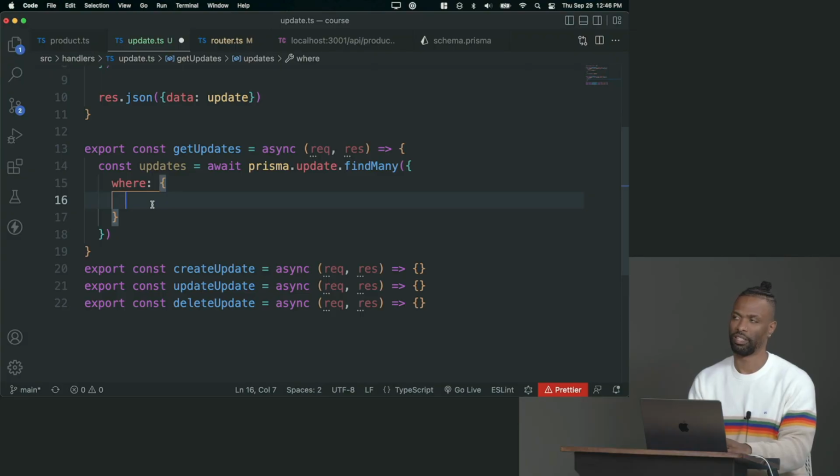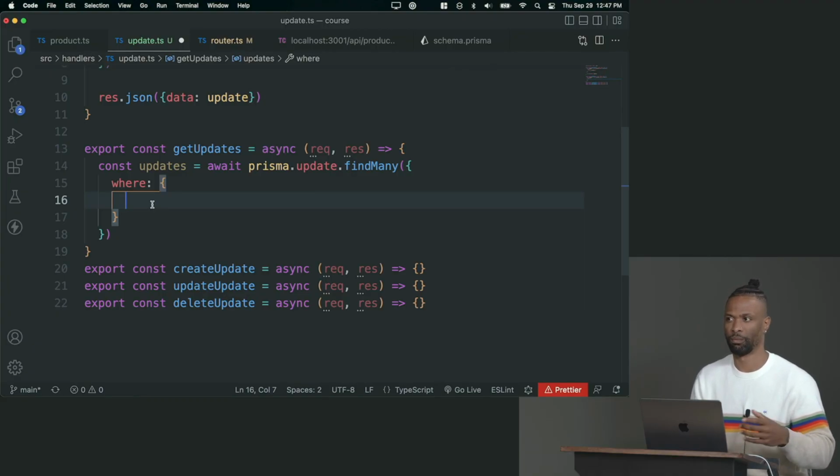for, I think that this one's tough because it's like, do you want to get all the updates for the signed in user, which will be spanned across many different products? Or do you want to get all the updates for a certain product? And if so, where did you send that? It's not on the query string, it's not on the URL, is it on the body? So for now, this is where REST breaks down,